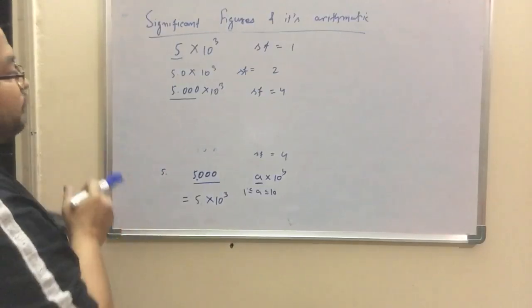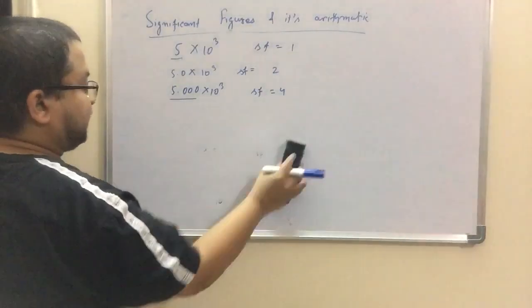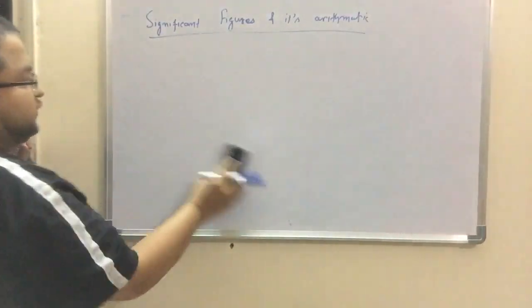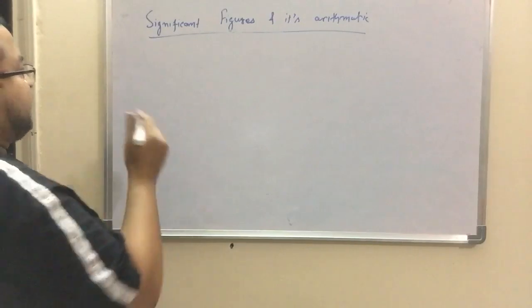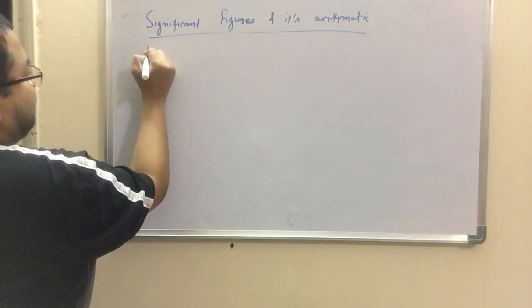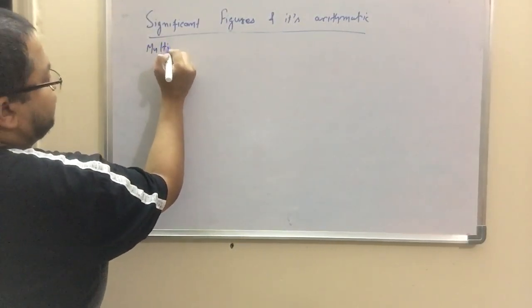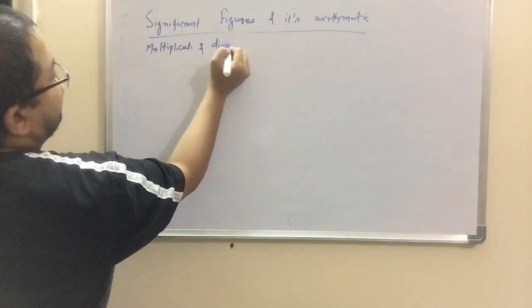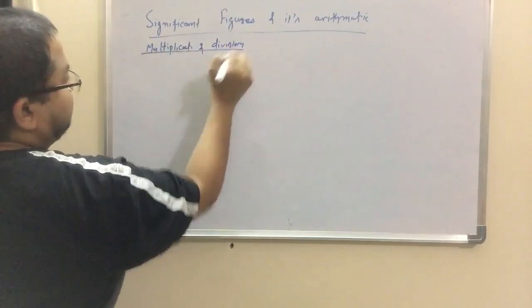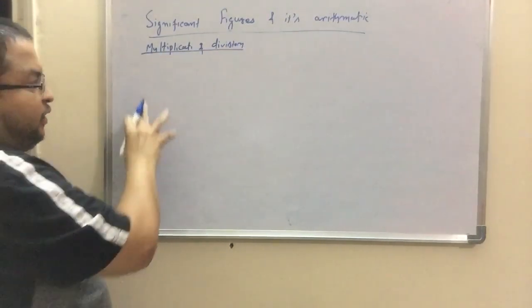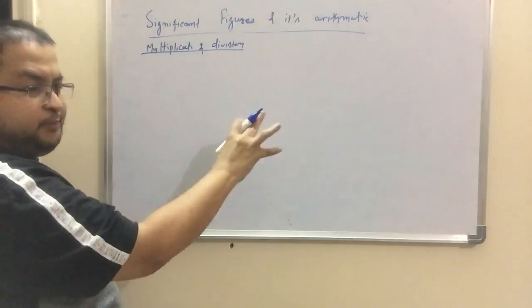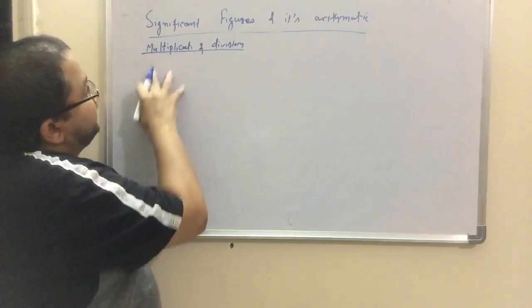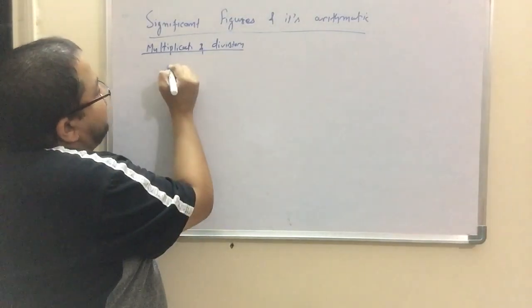Okay. Now, after understanding these things, let us quickly understand the arithmetic part of significant numbers. So in arithmetic, let's start with multiplication and division first, and then we will go to addition and subtraction. I think it will be easier if we solve one example, because understanding theoretically and then going into solutions would be a little tough. So let us do one thing. Let us multiply